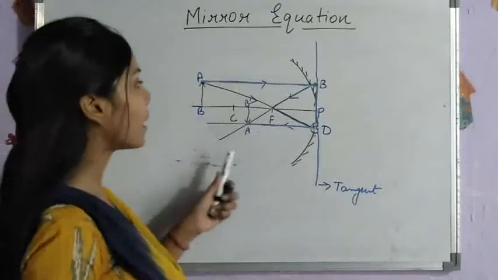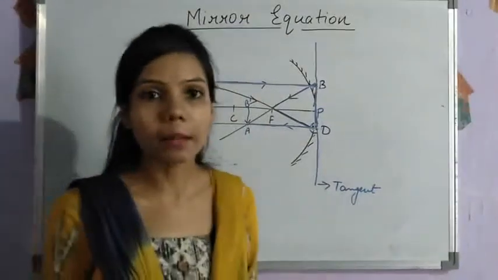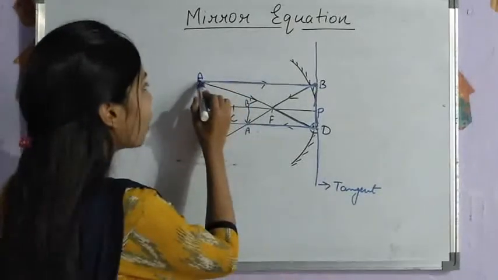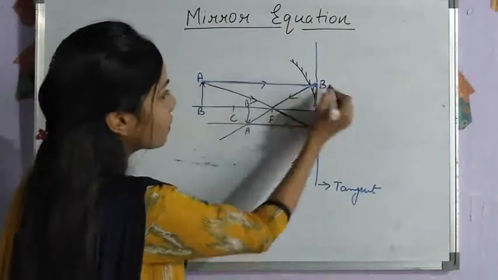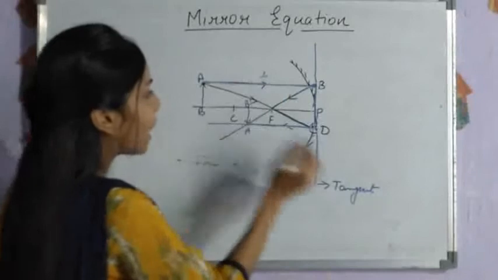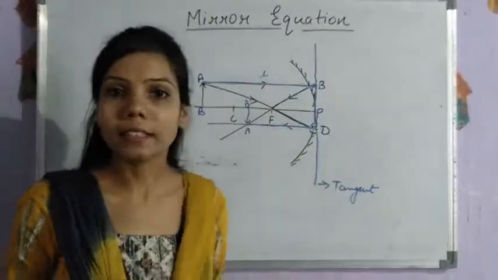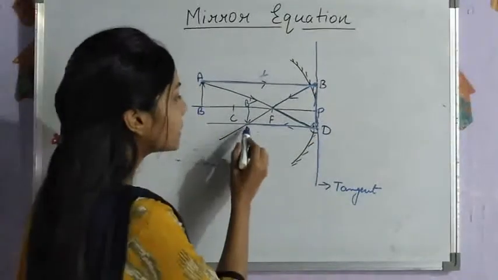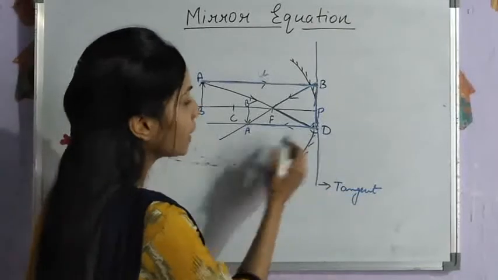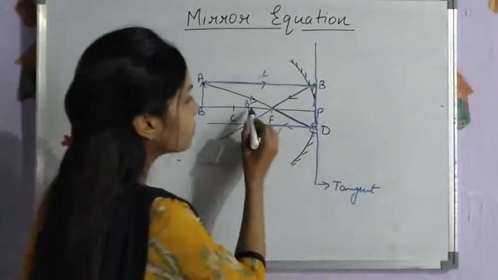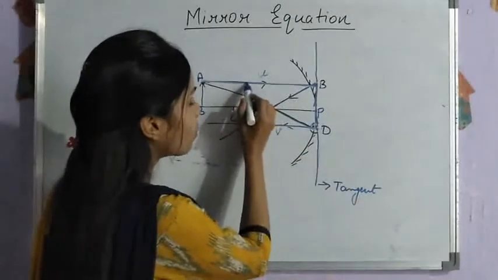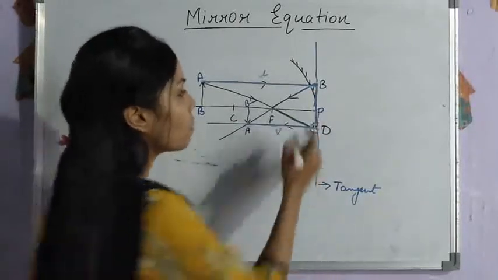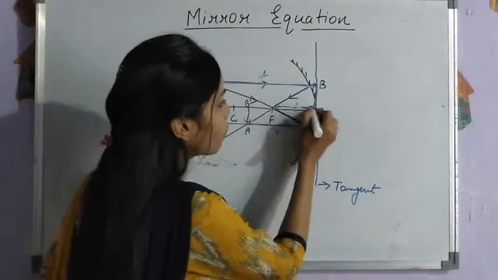Okay, so we will see now how to test the similarity, because here we have to use the concept of similarity in order to prove the equation. The distance from here to here which touches the point B will be U, as we know that the distance between 2 parallel lines is always the same. So this will be also U, this will be also U. Also, this distance of the image to point D will be V. This will be also V. This point from here to here will be also V. Whereas the distance between principal focus and pole will be taken as F. That is the focal length, right?